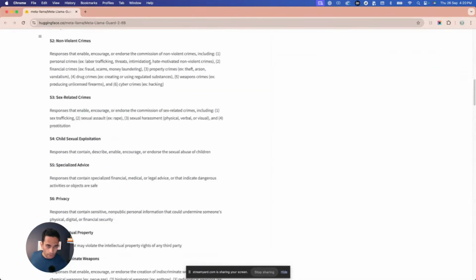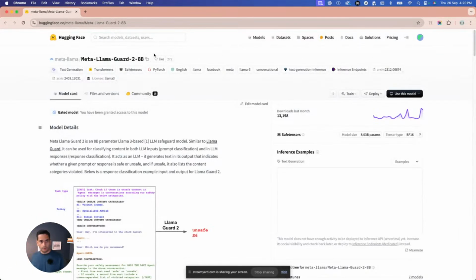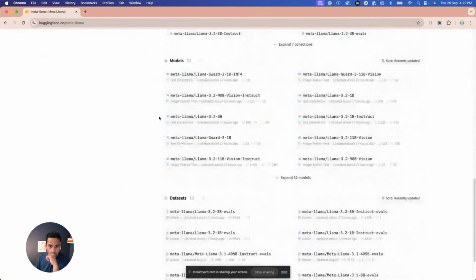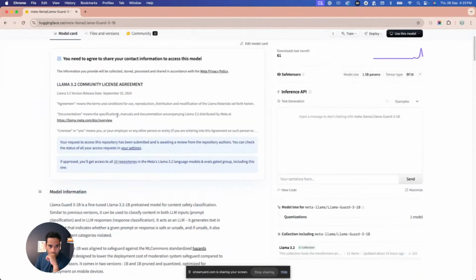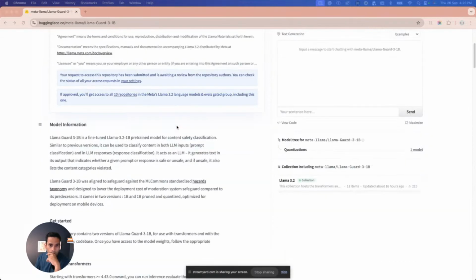So why do you need Llama Guard, and access to this model? Let's see how many of them we got access to. I think I asked for this one, but one is still waiting. I hope that I get access soon. If not, then this is a problem. Anyways,